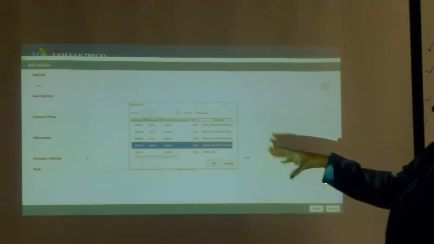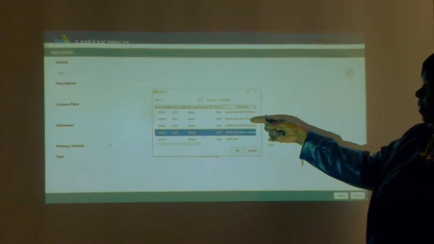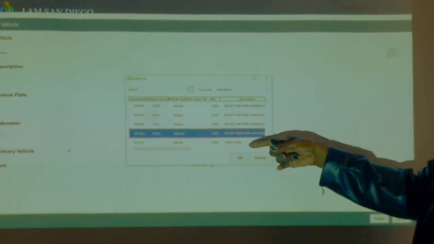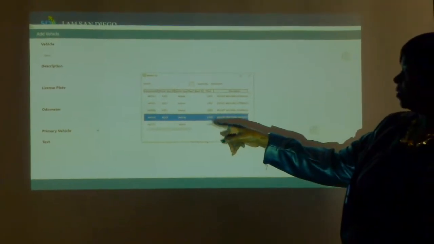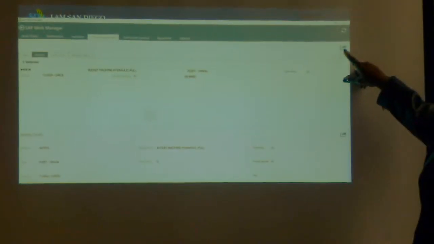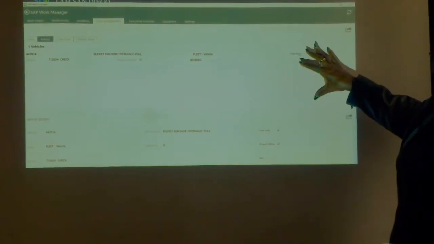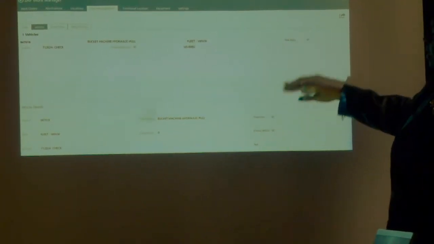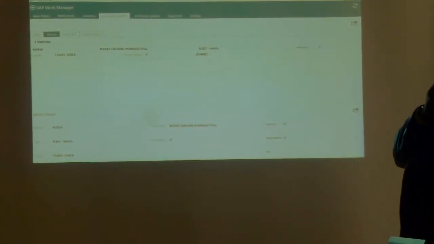They'll click. You add your vehicle in here at the beginning of the day or at the end of the day to the work order. This is what it actually looks like in the device itself, and then you can search on there, then you click OK, and then click on this button, and then this is the details. This is what you're working on, and this is the details of what you've added. So you added a bucket machine